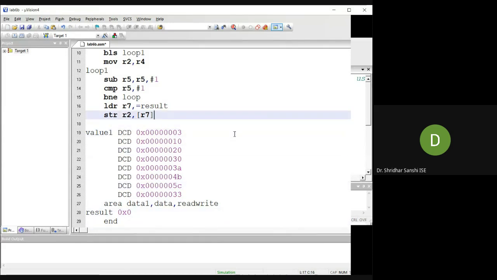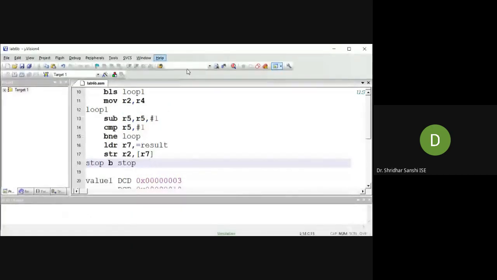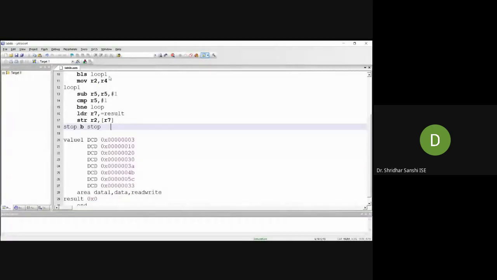In order to see the result, I should put a branch instruction, otherwise the program will execute again from the start. So that's what I will write, stop.